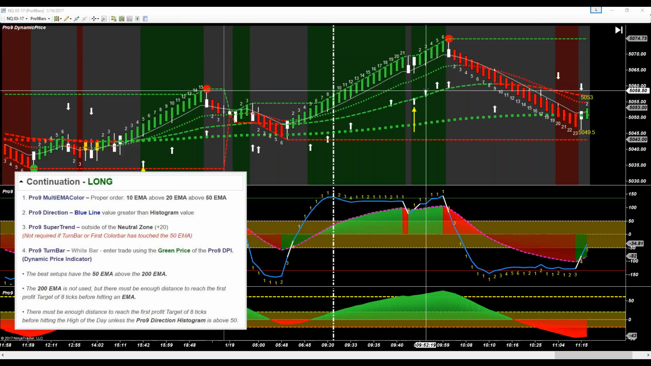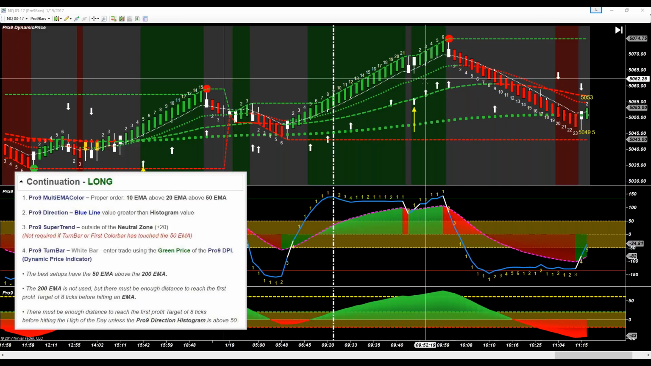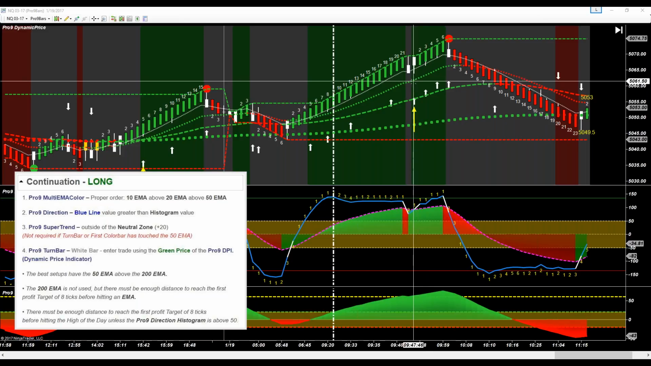Now, with this particular example being a momentum setup, that's a different story, as this is a separate trade. But for a continuation or a single T, or really any of the trades that we enter on a turn bar,